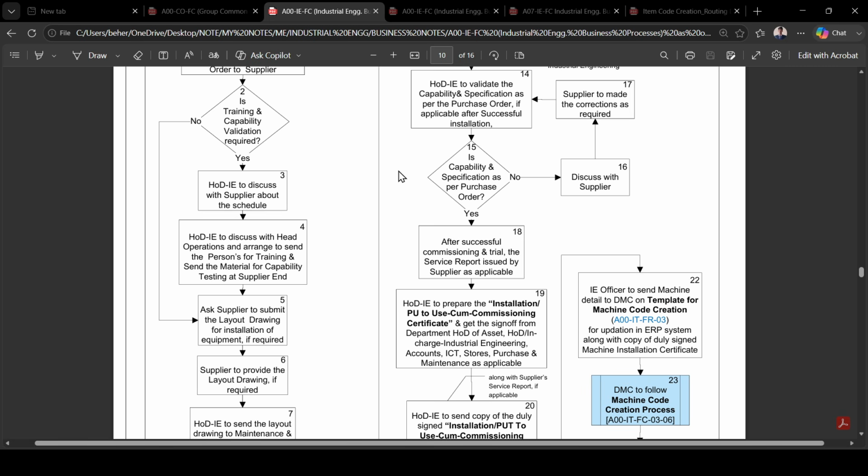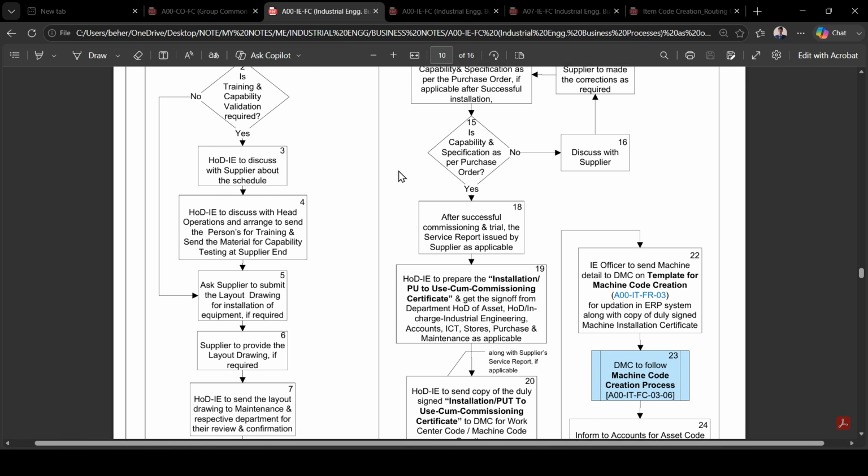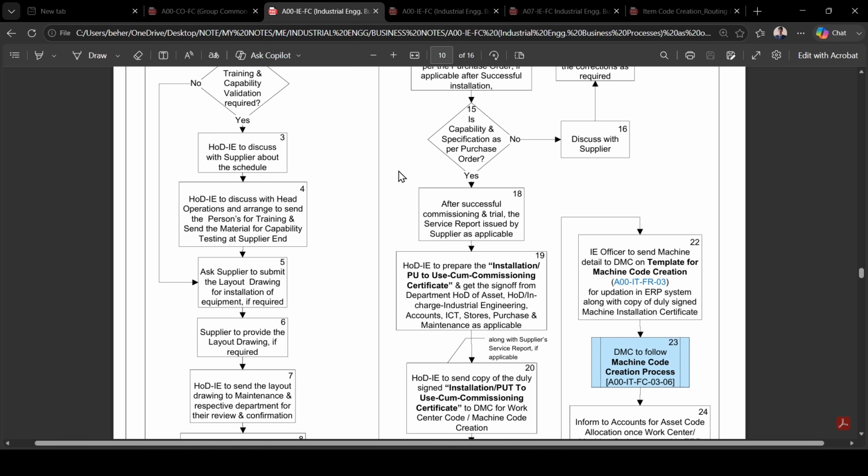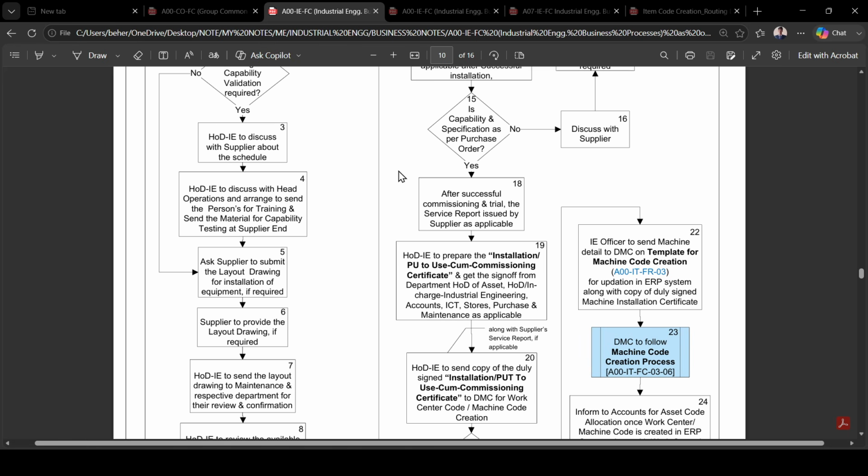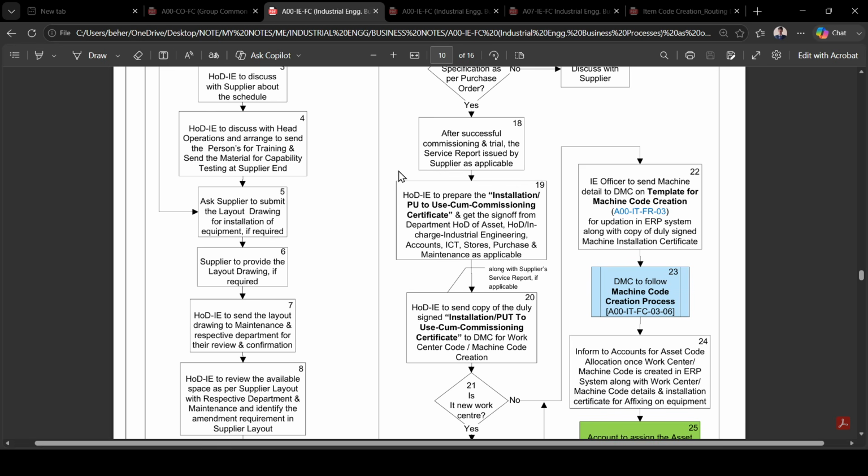If it is yes, after successful commissioning and trial, the service report is issued by the supplier as applicable. So HOD I to prepare the installation and PT to use commissioning certificate, get the sign off from the HOD asset, HOD in charge of industrial engineering, accounts and ICT, stores, purchase and maintenance as applicable. Then HOD I to send the copy of the duly signed installation or PT to use commissioning certificate to DMC